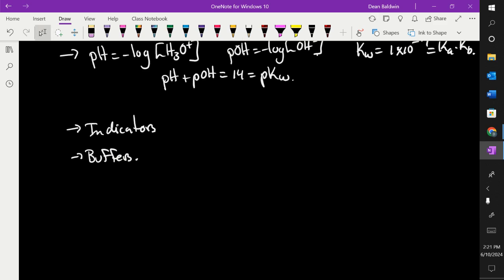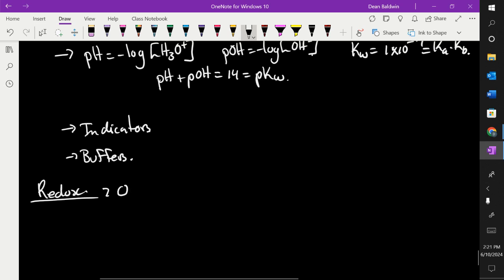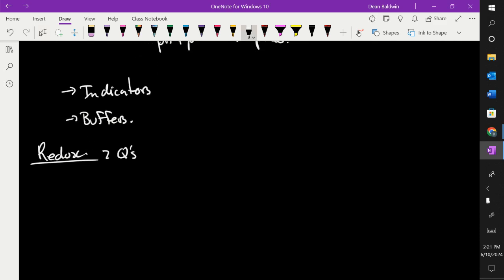All right, and then the last part is redox for the multiple choice. I took a couple off. I guess there's 7-ish questions on redox. I can't remember exactly. We could probably do the math, but I don't want to do the math. So